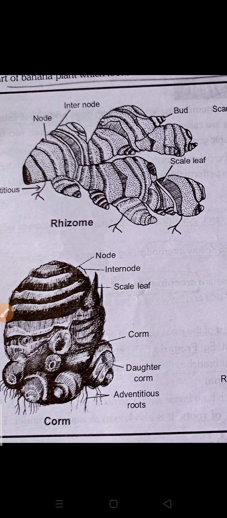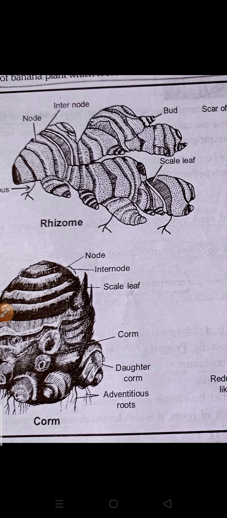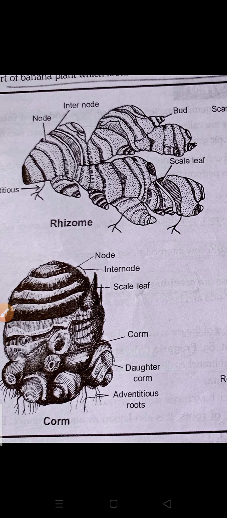This is a fleshy stem and grows horizontally in the soil. Nodes and small nodes are found, you can see, and covered by scaly leaves. Clear? At cooking time, when you rub the ginger, you can observe that in young ginger rhizome, brown colored scaly leaves are present over the ginger. Okay, so this is about the rhizome.